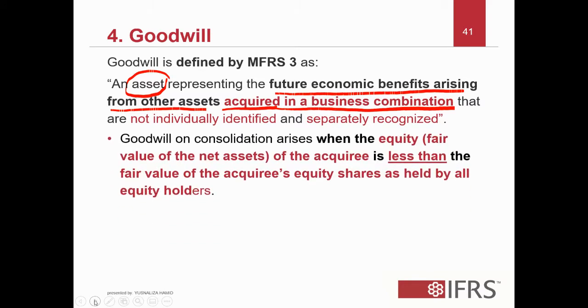Goodwill on consolidation will arise when the fair value of the net asset of the acquiree is less than the fair value of the acquiree's equity shares held by all equity holders. Or simply put here, we are talking about